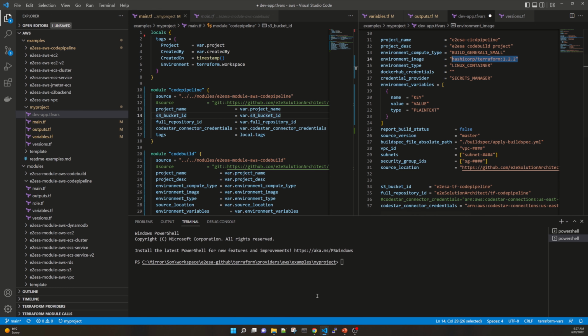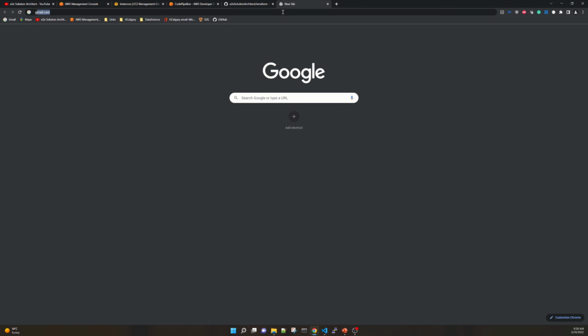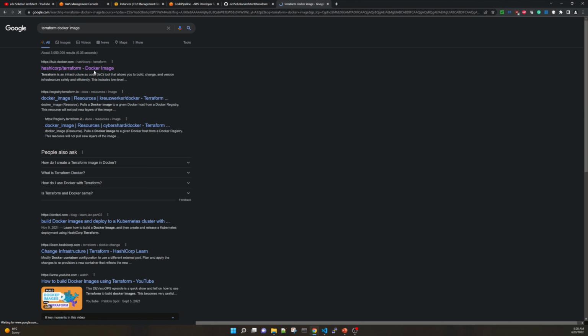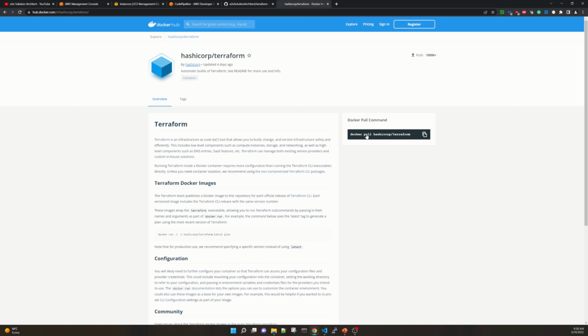So let me show you the Docker Hub for HashiCorp. Simply open a browser and open Google. It will take you to hub.docker.com. I'm just opening it over here. And here you have the docker pull